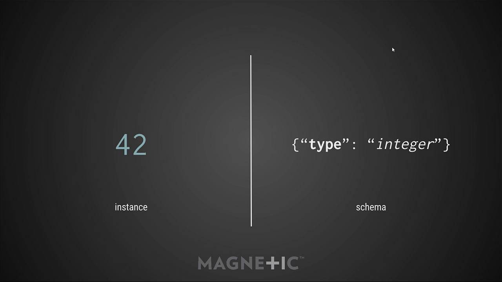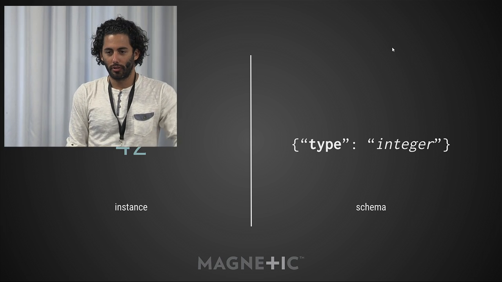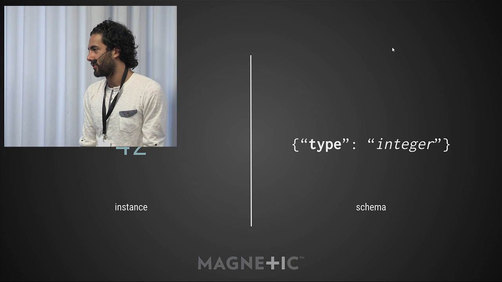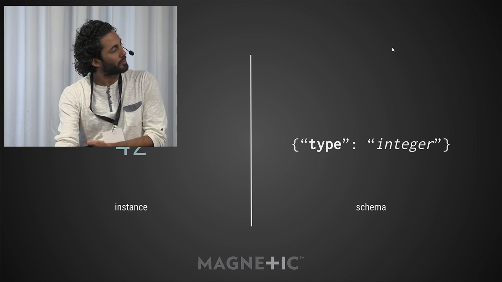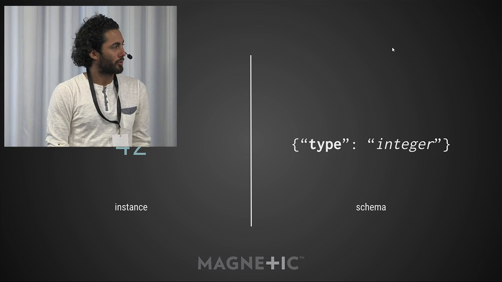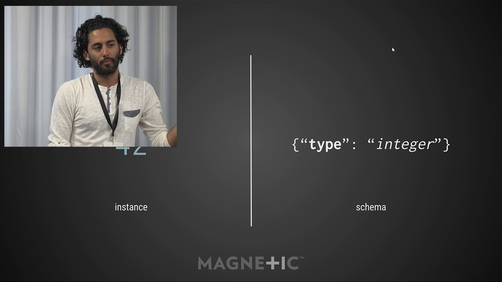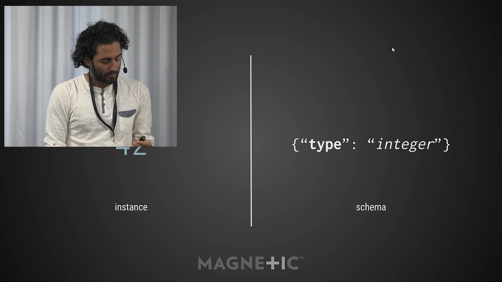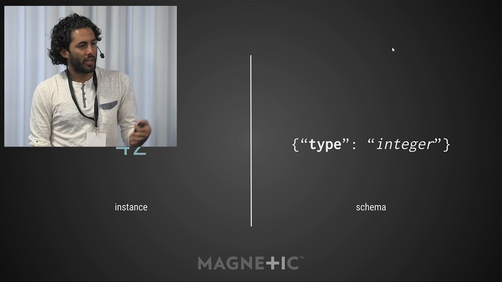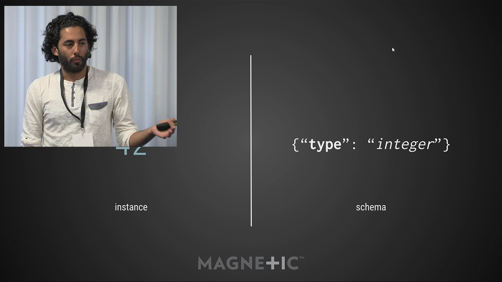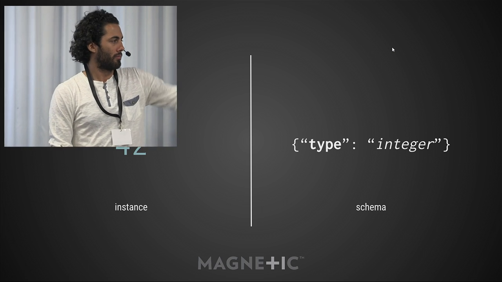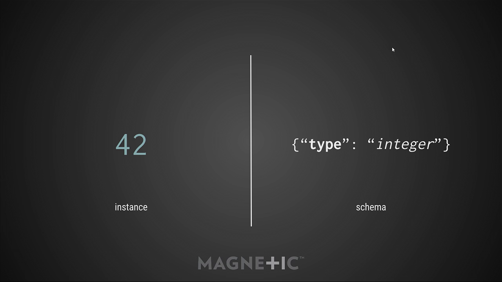So let's get right into it. Some terminology first. The documents or objects or data that we're trying to represent, we call the instance. In this case, I have an instance. It's a number, or happens to be an integer. And there's a schema that I would like to use in order to validate instances. Well, there's the trivial schema, which has nothing inside of it, but other than that, that's the simplest useful schema, which is just specifying what type the instances that I want to receive are going to be. While JavaScript basically doesn't have integer types, JSON schema does. So you can say type integer, and that will only validate against integers.